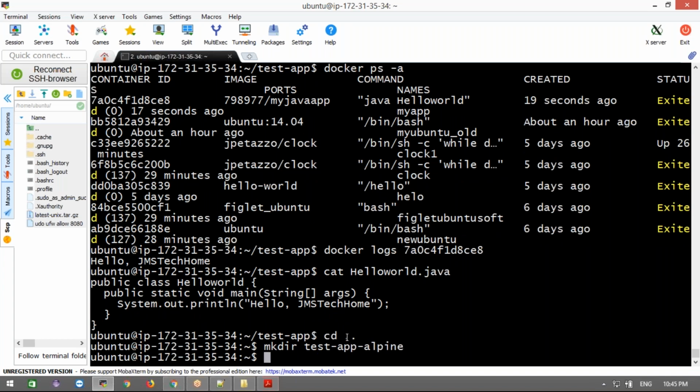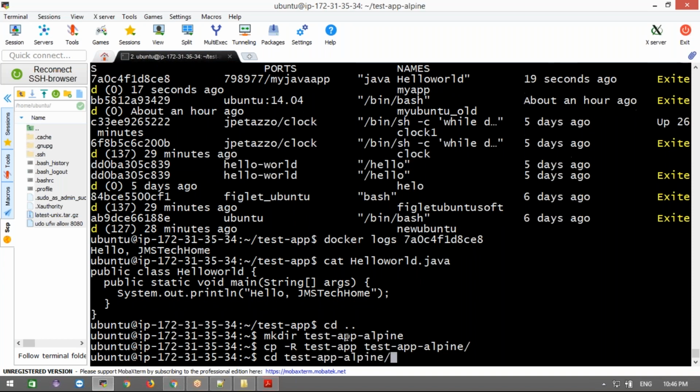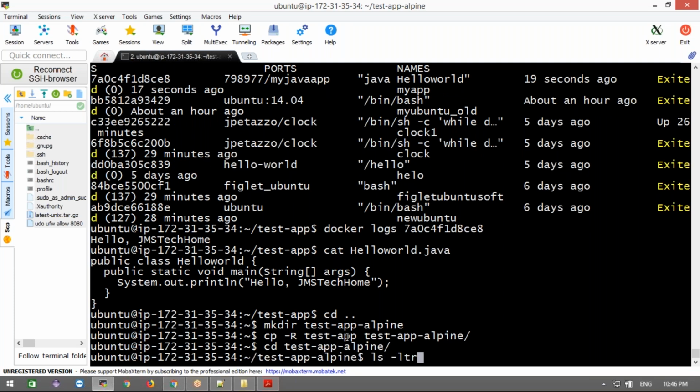I'm going to create this directory and then cp -r test app, copying all the files into test app-alpine. Then I'm going to go inside the test app-alpine folder. Inside I have the same code, right?